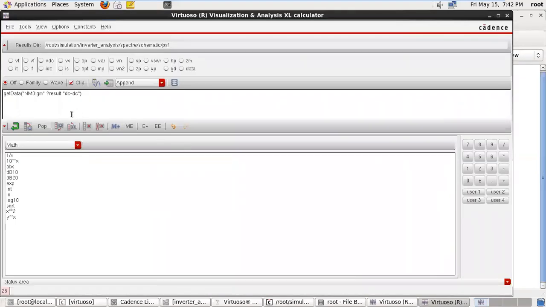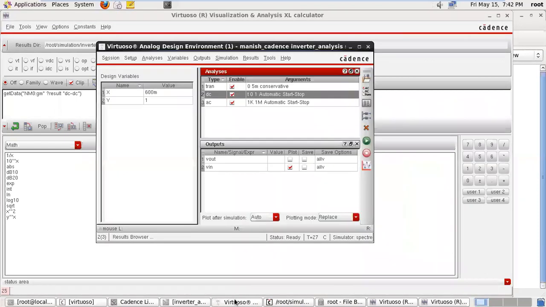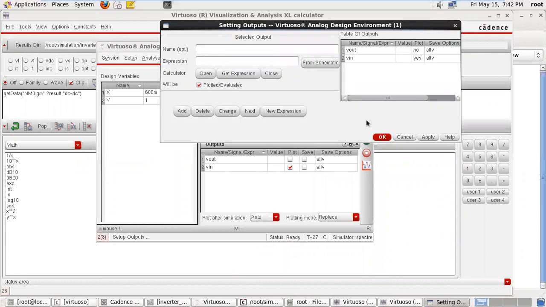The calculator is open. Here you find the expression for your data, get data NM0 GM. Open your ADL window, click on this button, because this is my new expression. So press on new expression.